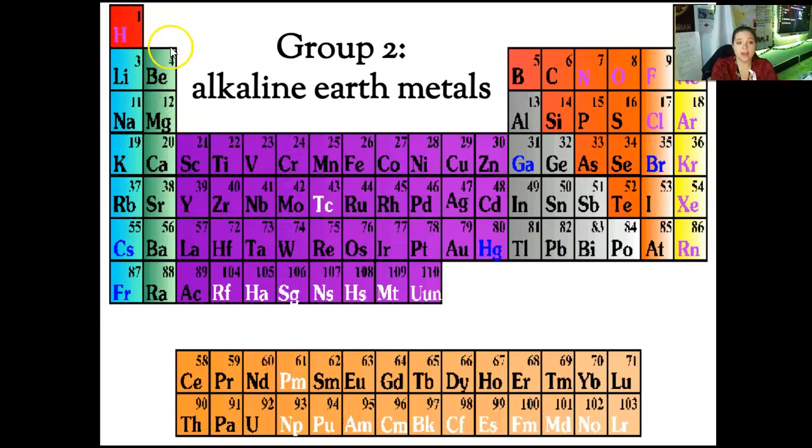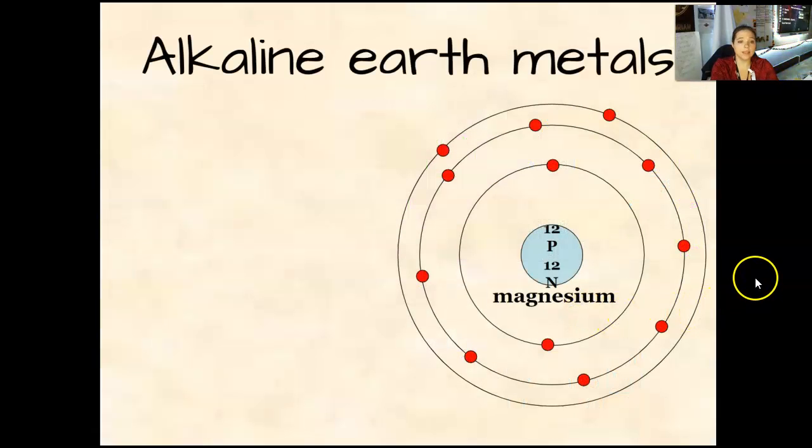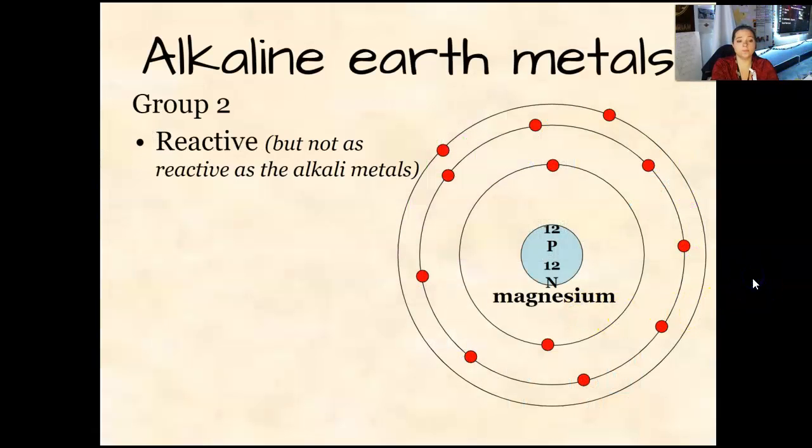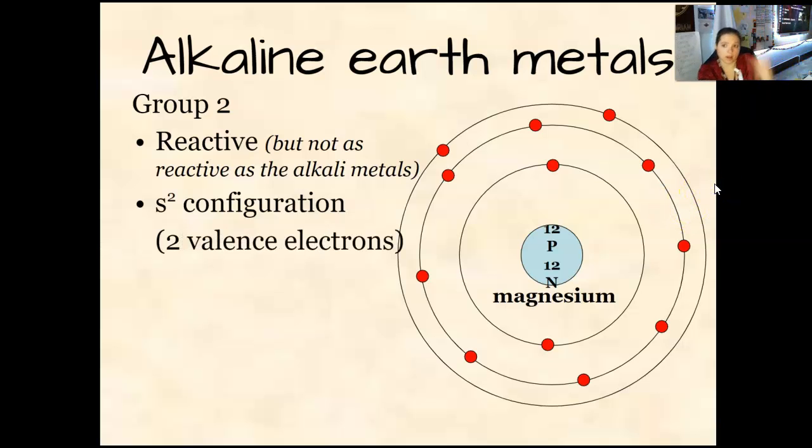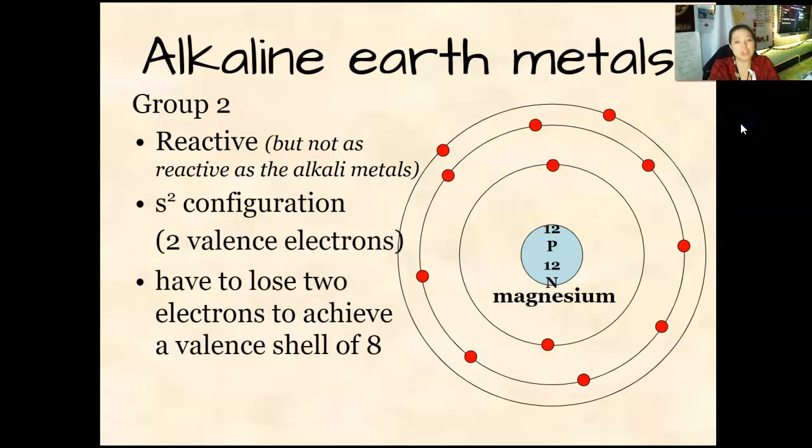The next group we have are the alkaline earth metals, group 2. And these metals are reactive, but they're not as reactive as group 1. This is due to the fact that they are s2 configuration, meaning everything down that group has 2 valence electrons. Doesn't matter what energy level they're in, there's always going to be 2 in the outer shell, which means they have to lose 2 to become stable, to have that 8 valence shell,